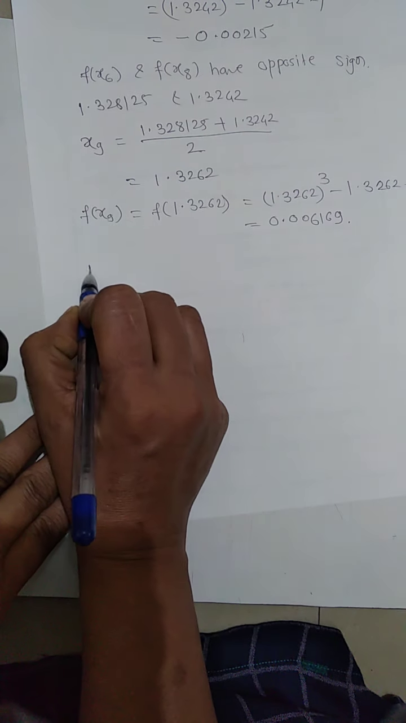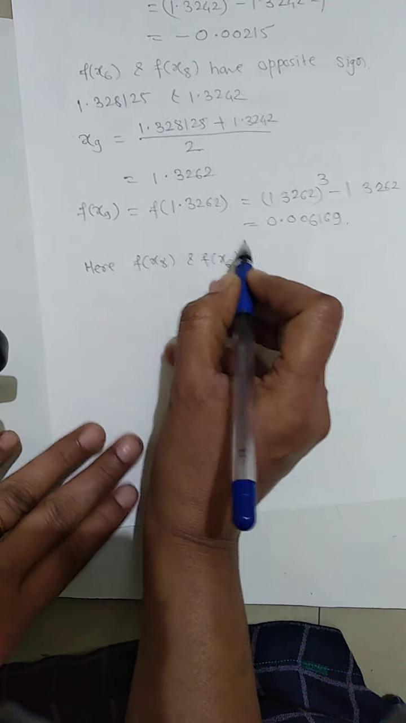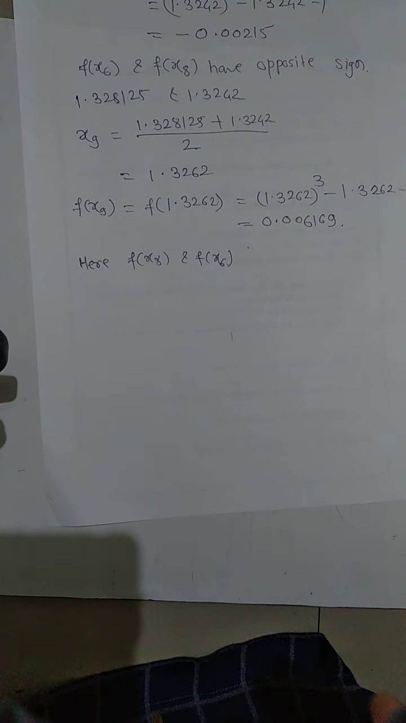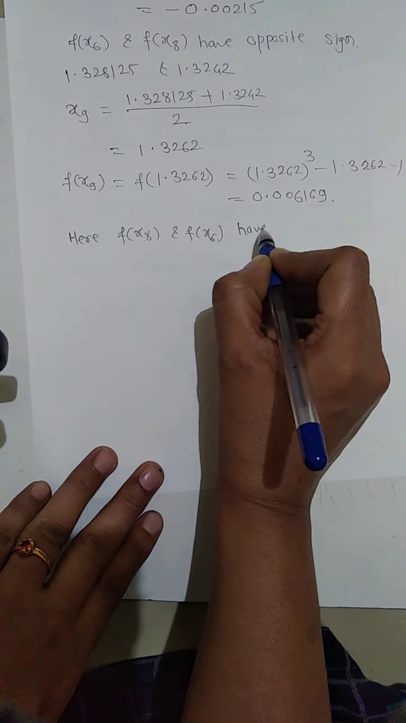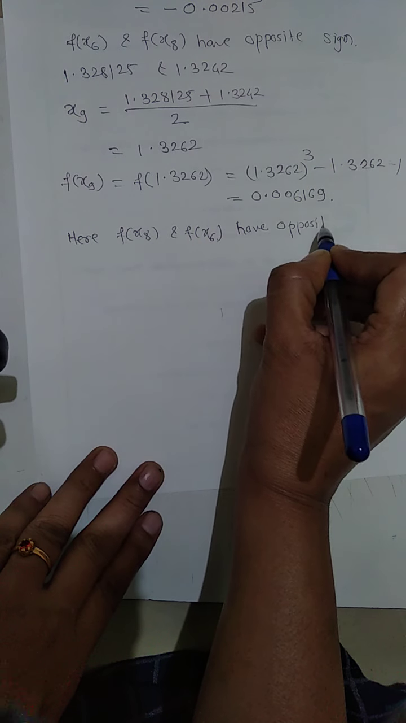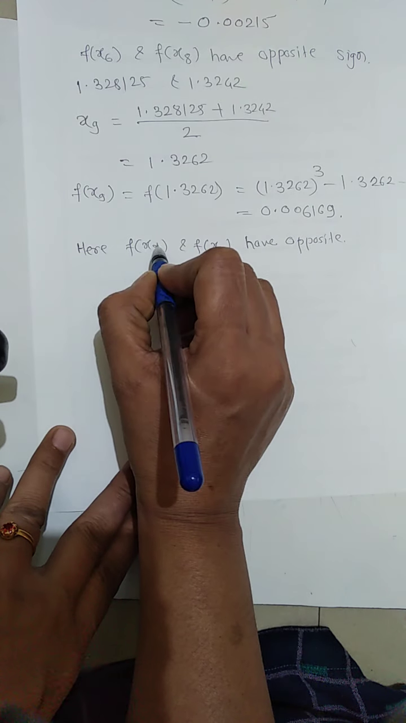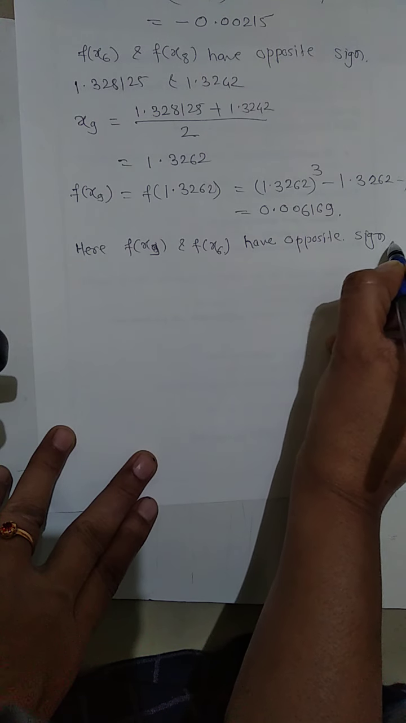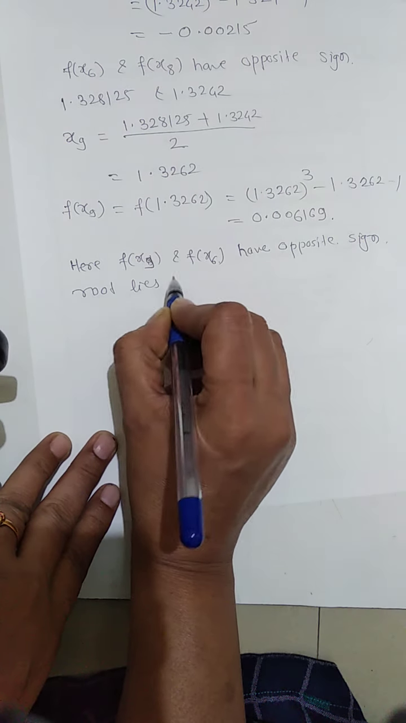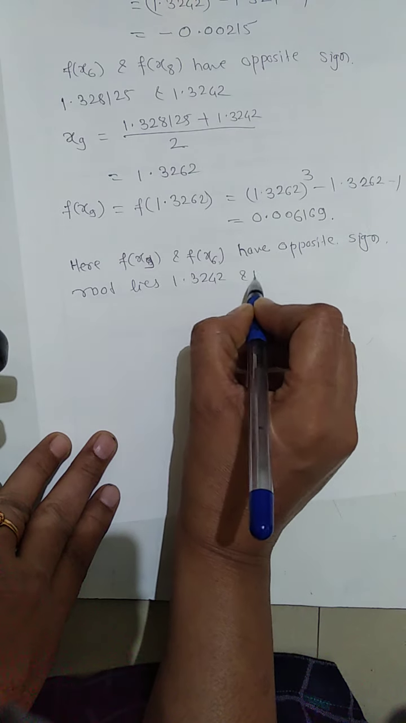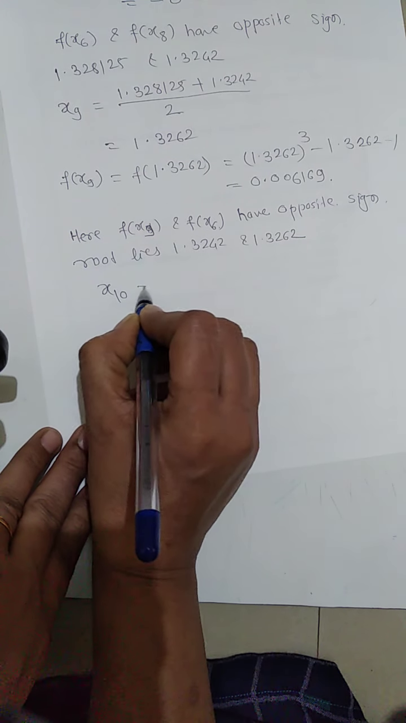Then here again we see that f of x8 and f of x9 have opposite sign, and then the root lies between 1.3242 and 1.3262, and hence we find x10, and x10 is equal to